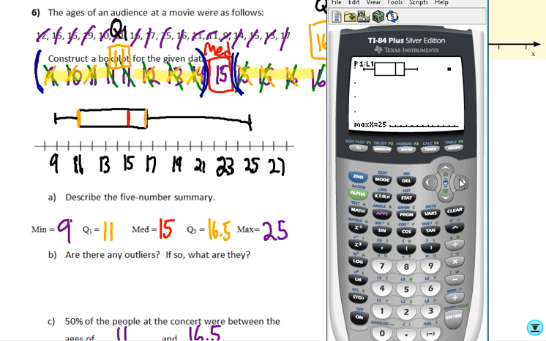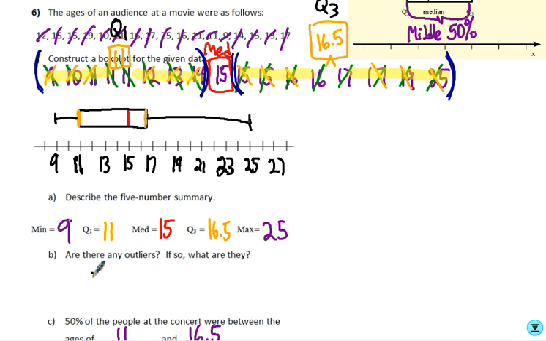And then notice that our box plot actually ended at 25, but what they did is they actually ended their box plot at 19. So what we did here is we threw out the outliers. We've already looked at on this test that including outliers in your analysis can throw off your numbers. So if there is an outlier, we want to recognize it. So in this case, there are outliers. 25 is an outlier